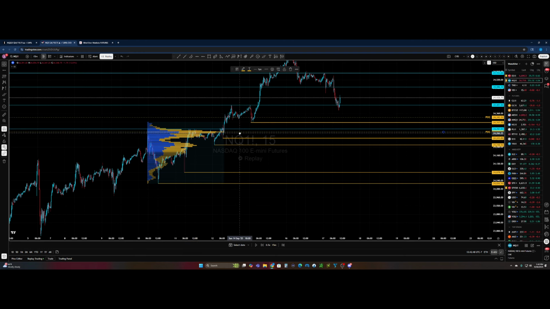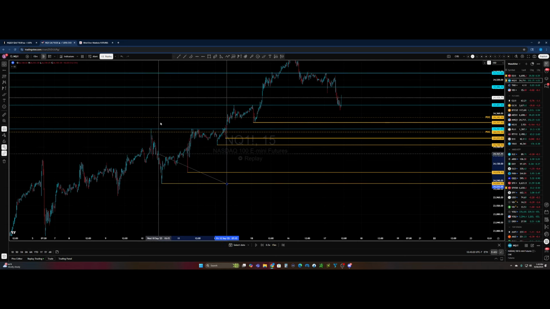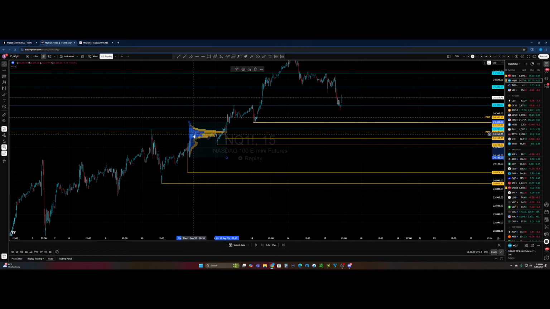So I'm going to go to the POC right there. Okay, and this would be the POC of this range. Now, let's try something, and we're not going to take into consideration this side of the chart. We're only going to take into consideration this part of this range, right? The POC is still the same. You got a high volume node here. Okay,